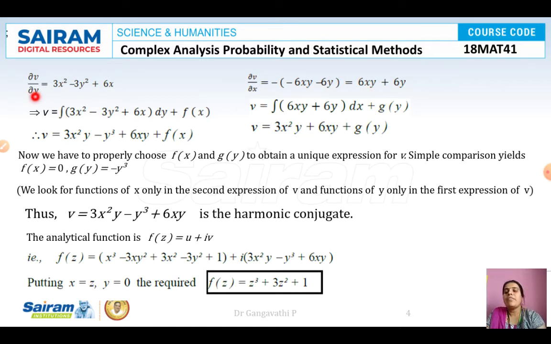Now we have the derivative dou v by dou y, but we want only v. So we need to eliminate this dou by dou y. So that is possible by doing the integration with respect to y. So whatever the variable you have in the denominator, with respect to that you need to integrate. So now let us integrate with respect to y. So integration of this gets us v, and integration of this entire term, we have written it as it is, plus f of x.